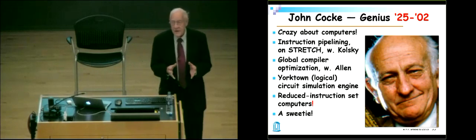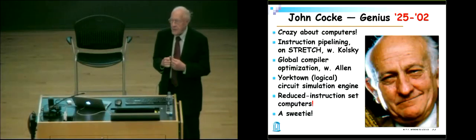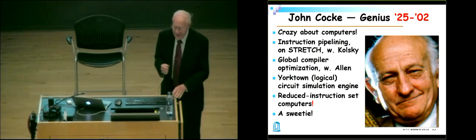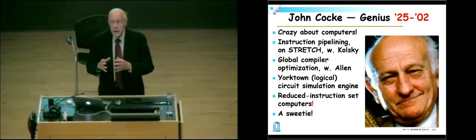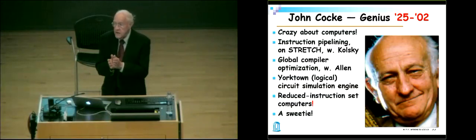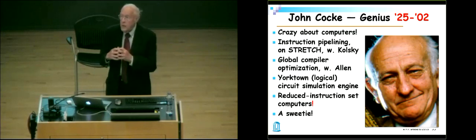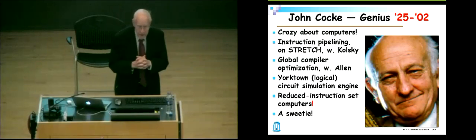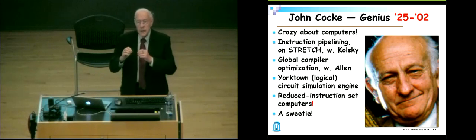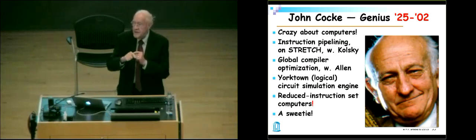And when he was dying, I visited him in his home in Bedford. He was in a wheelchair and in his gown, and he was talking about computers and new technology. His contributions range far and wide. Instruction pipelining, a key concept in computer engineering. Global compilation. He and Fran Allen did that. He and Harwood Kolsky did the pipelining. He built a logical interpreter that simulated circuits, and the 650 program would run faster on the simulator than it ran on the 650